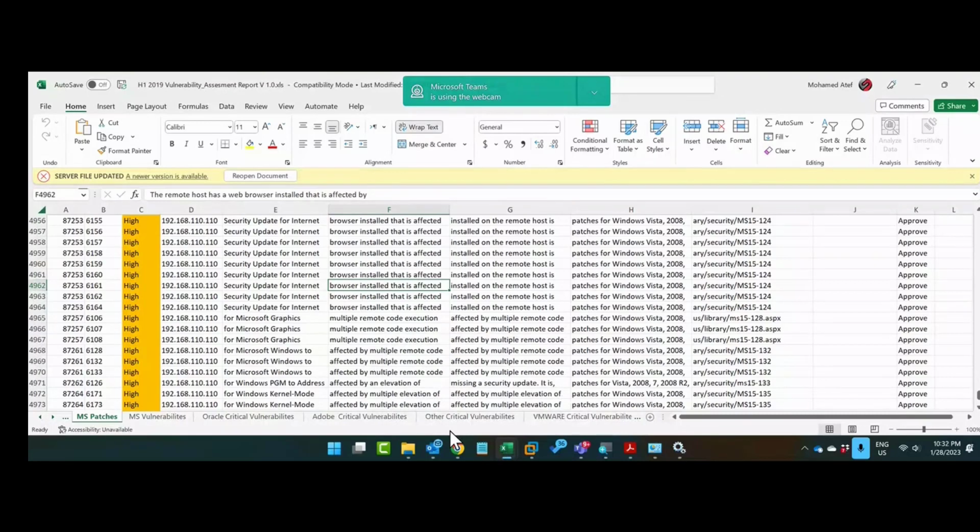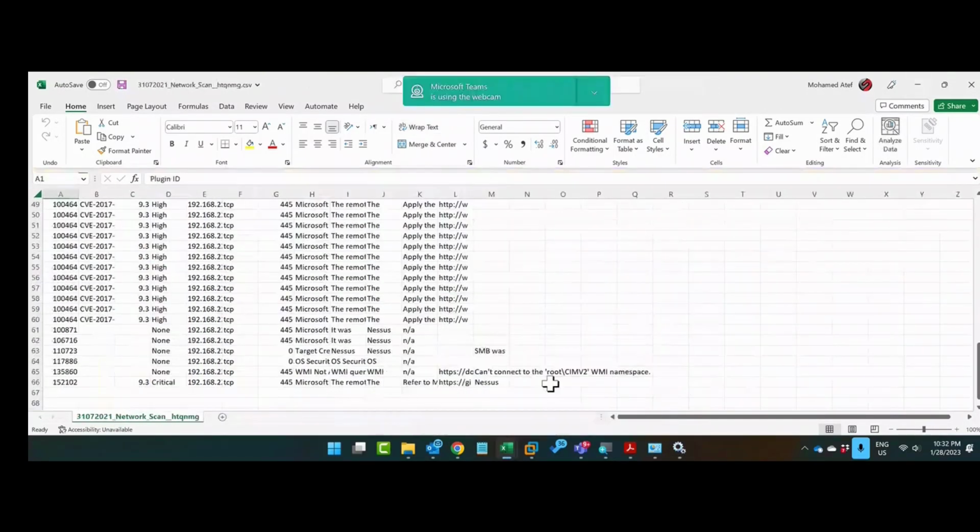How did I get the report? What Mahmoud did, you saw what happened. He ran a full scan assessment and got the report, and then he selected export and then CSV file. What he will get in the download folder is a report like that, including all the vulnerabilities that were found. This is the default report. Once he clicks on export, he automatically gets the report in the download folder, but in this format,